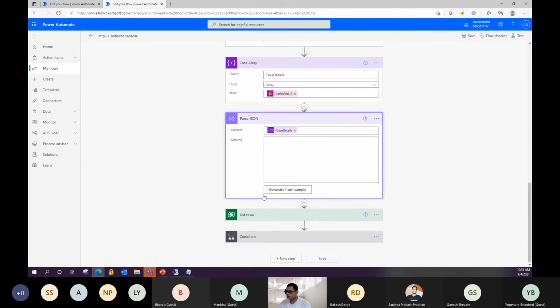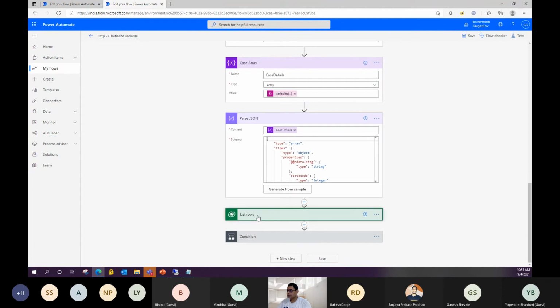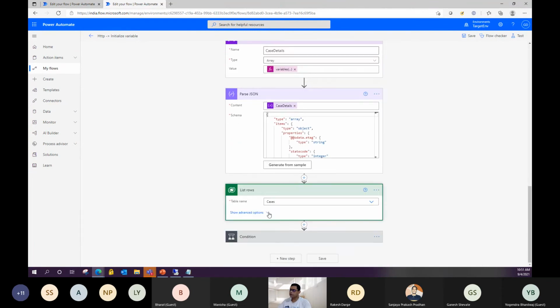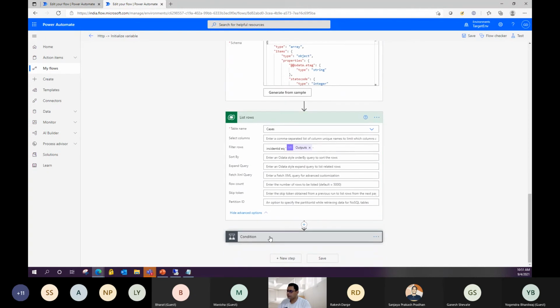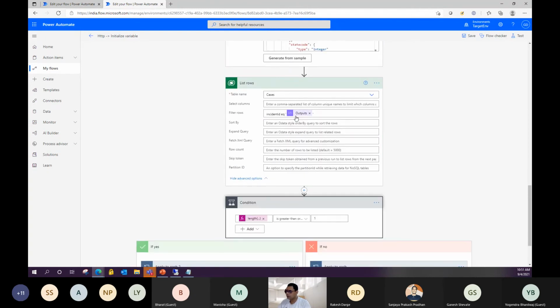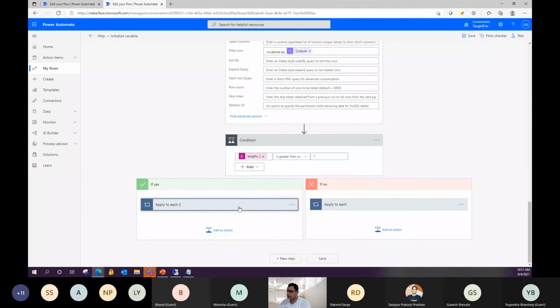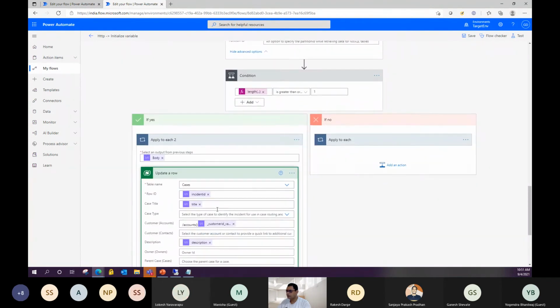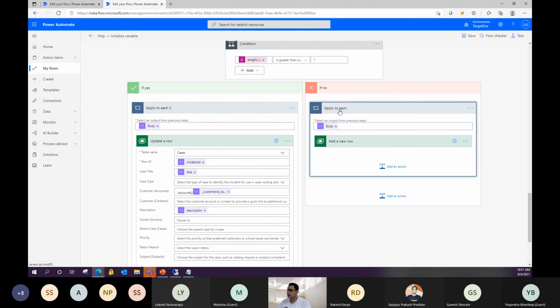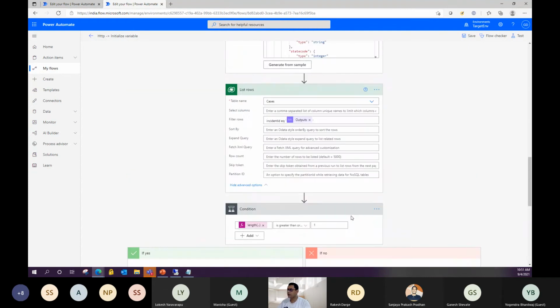On the last step, we check whether the case is already available in the environment. If it is, we just update the existing case, and if not, we create a new case here. So that's the entire logic.